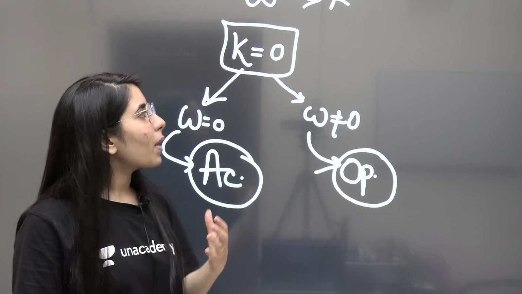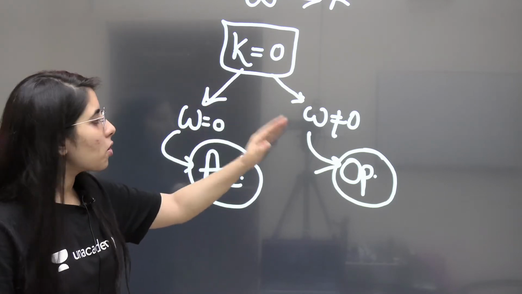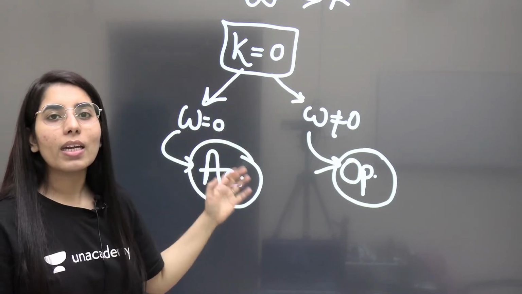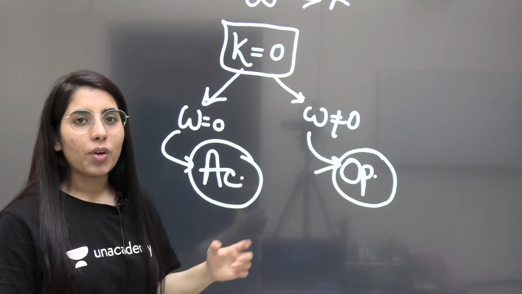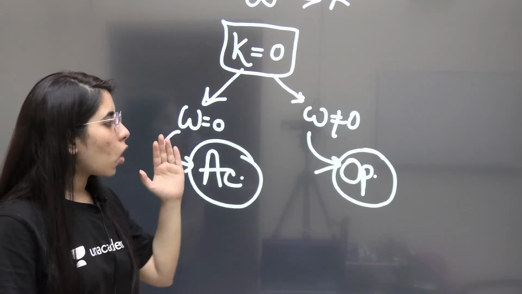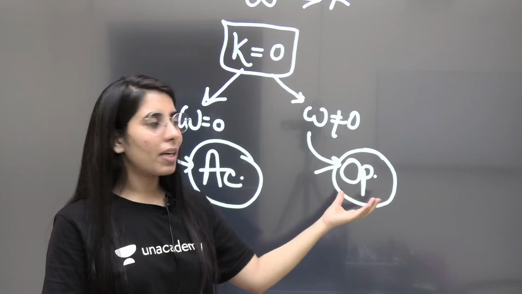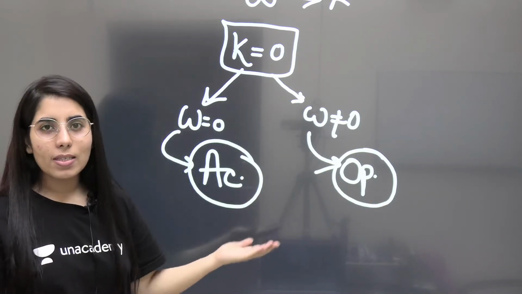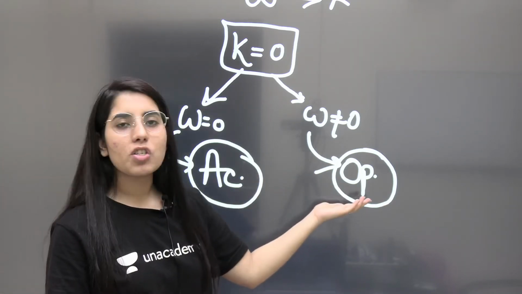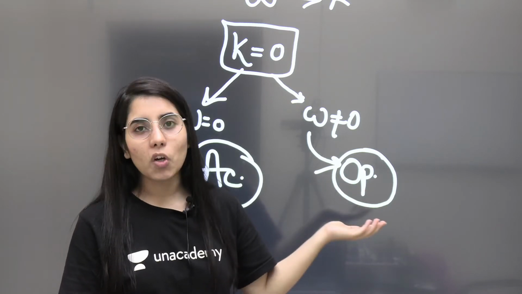So simply by putting the k value in the dispersion relation and checking which condition you are getting, you can relate it in this way. The trick here is that optical is already having a 0 in it. So to balance them, and this is mainly the first alphabet, it has more impact on that term.